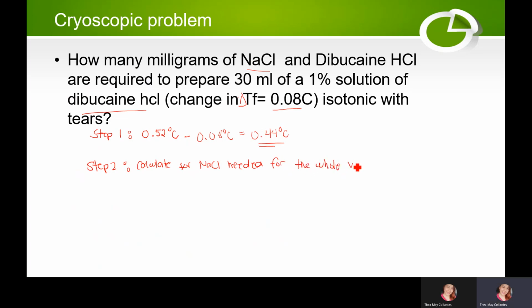Okay guys, sino gani ato na naman yung standard? It is your 0.9% sodium chloride. Okay? So, amo ni aton nga mga NSS bala, normal saline solution. That would be 0.9% NaCl. So it means that if you have 0.9%, it means that you have 0.9 grams of NaCl over 100 ml